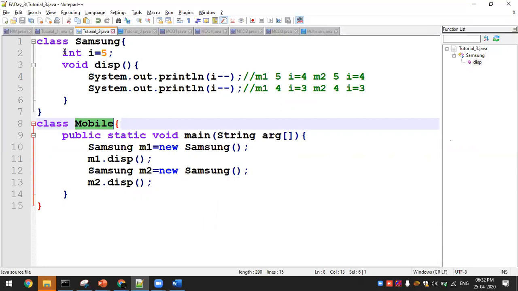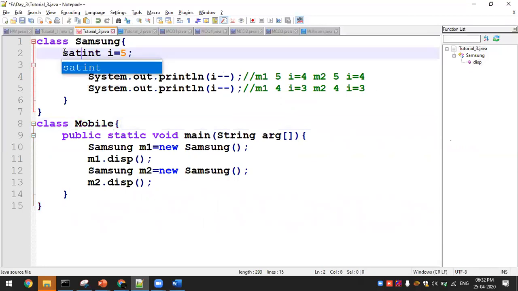So now I'll be going with the static variable. As I have already mentioned, a static variable is used to initialize a value only once in a program. If you don't initialize the value as 5, what will happen? Both the static as well as the instance variable are going to initialize with the default value. Now this is going to initialize only once, right? So I bought a J7 type mobile. Okay, so I got the answer 5443.